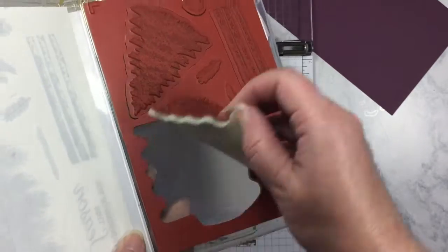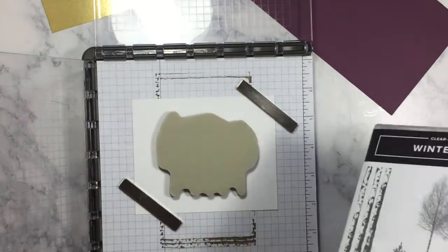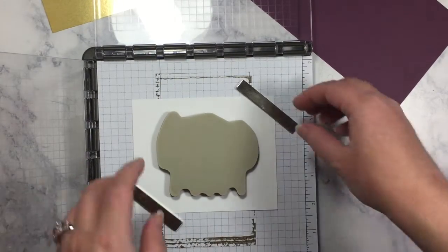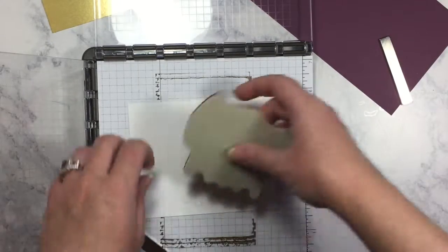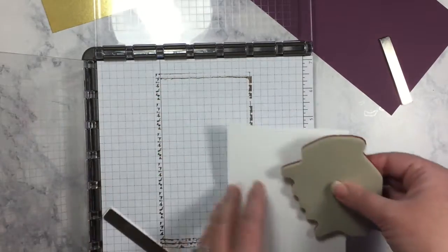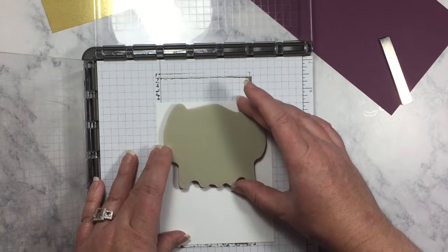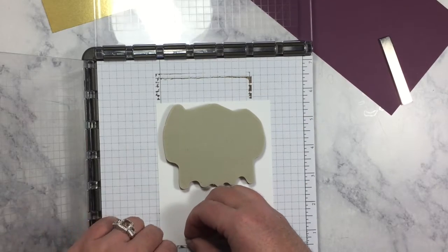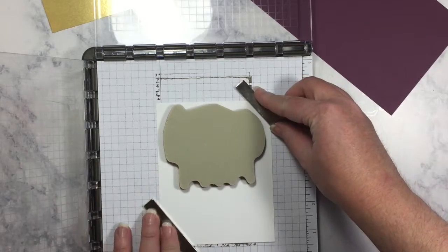We're just gonna pretend that they have leaves, and we're gonna color them in just like if they did have those leaves on them. So I'm going to actually, you know what? I think I want to turn this so I can get the most use out of this sheet of Whisper White. So I'm going to turn it this direction, and I'm going to stamp my trees up here at the top. Now it doesn't matter if your trees are crooked or straight, that doesn't matter right now because we're going